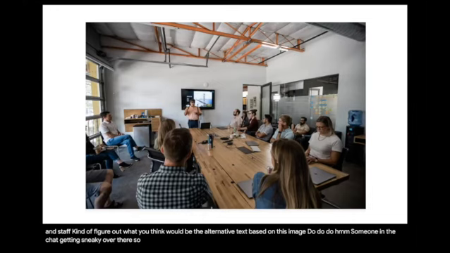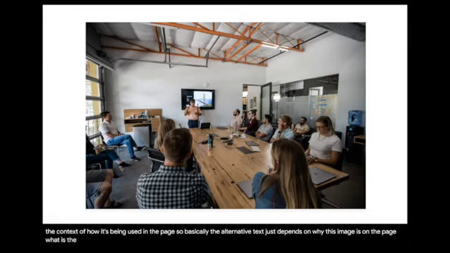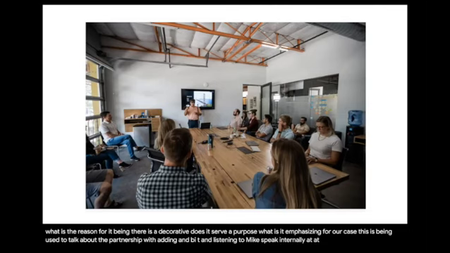So technically, these are all correct because, as someone mentioned in the chat, it depends on the context of how it's being used in the page. So basically the alternative text just depends on why this image is on the page. What is the reason for it being there? Is it decorative? Does it serve a purpose? What is it emphasizing? For our case, this is being used to talk about the partnership with Atten and BIT and listening to Mike speak internally at Atten. So the alternative text we used in this case was,